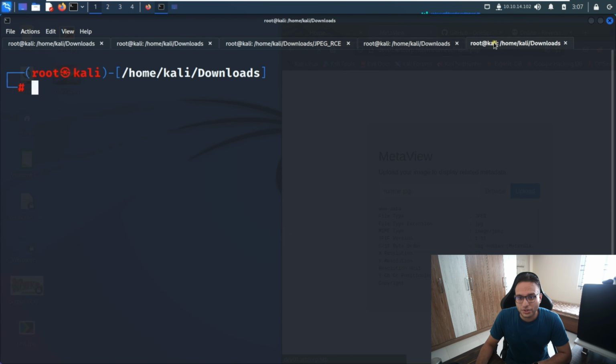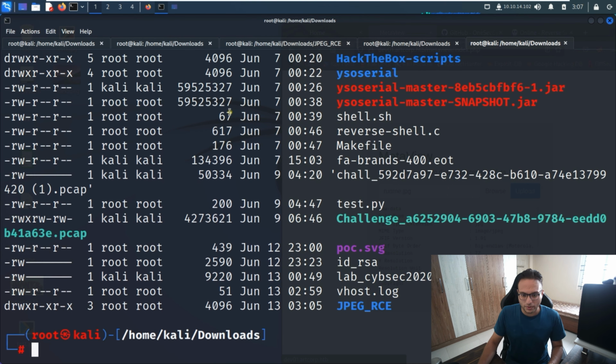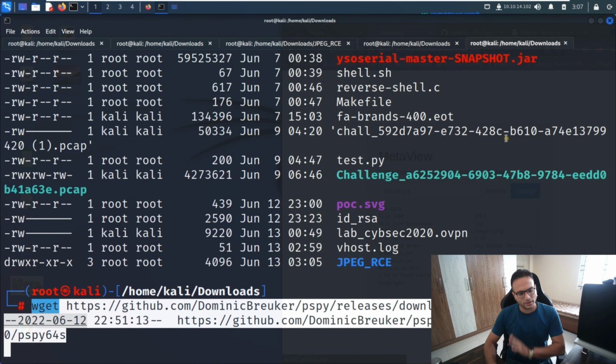on my base machine, I think I already have pspy. Let me see. I think it's already there. So what I'm looking for, I'll show you; through my text you can get the link for it. Okay, so this one you have to fire just to enumerate,